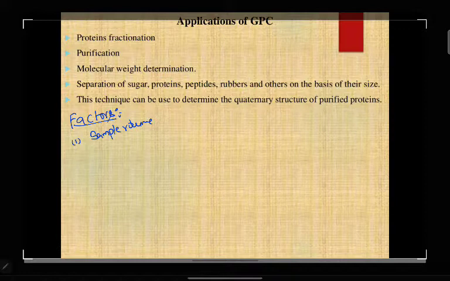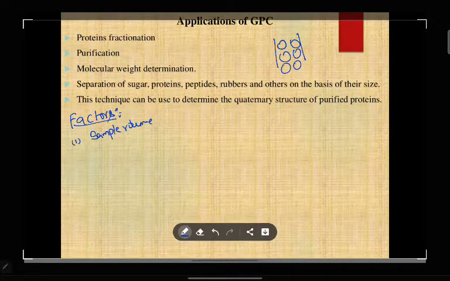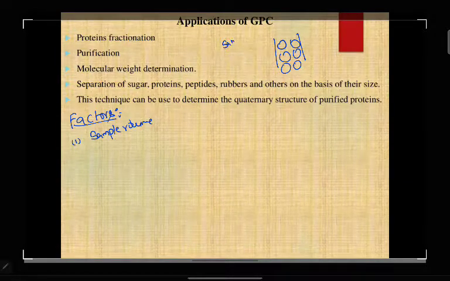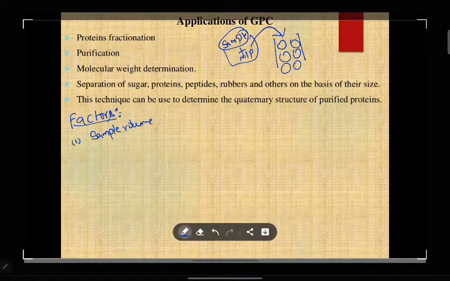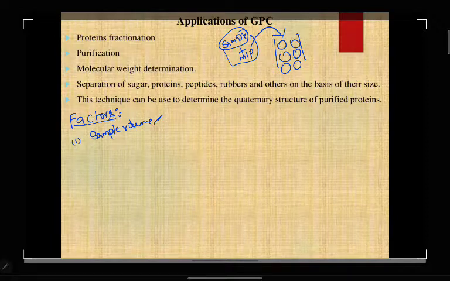I mean, we have a column, inside the column you are filling your gel along with your mobile phase. Then you take the sample, dissolve it in mobile phase, and pour it on the surface of your column. The volume of sample you take in ml will affect your gel chromatography.